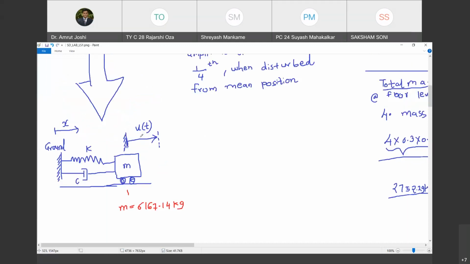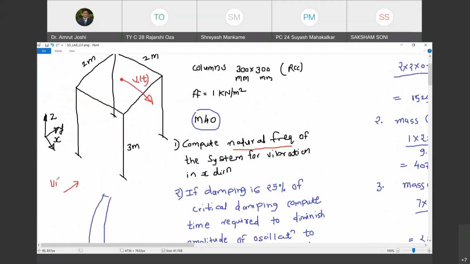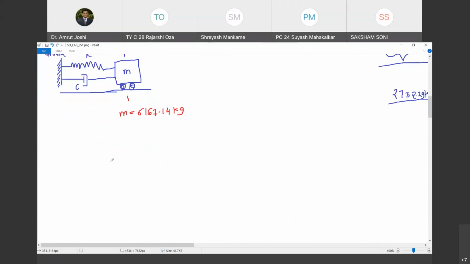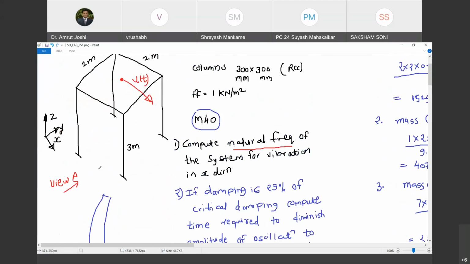Yes. So now let me draw this view of the frame. Let me call this view A. So how does view A of the frame look like? वो view मैं आपको यहाँ पे draw करके दिखाने वाला. It is going to look something like this. So even though I see there are only 2 columns, in fact there are 4 columns. There are 2 columns just behind these 2 columns. Are you with me?